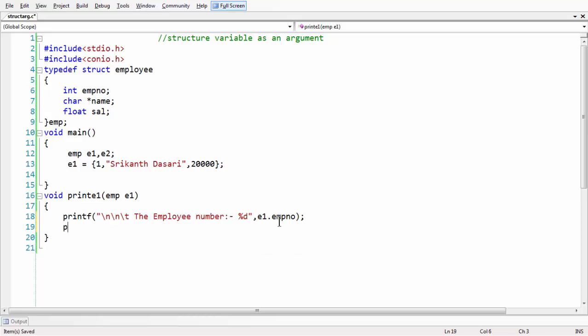We have a couple of other printf statements here. The employee name. So employee name is equal to, so percentage s. So e1 dot name, let's say name here. In the same way you can have the last printf statement, since we have only 3 data members in the structure. The employee